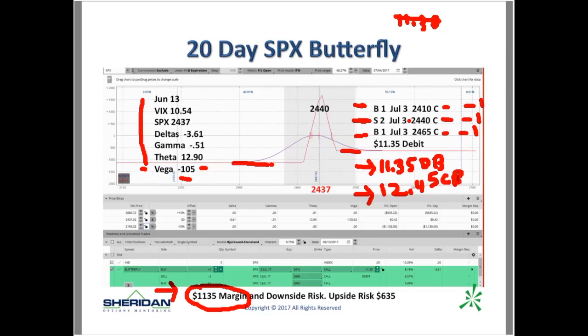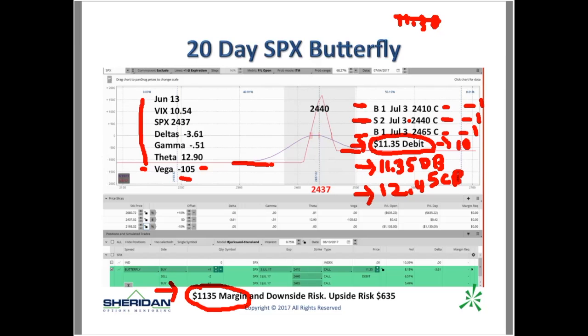Now, again, I'm not getting into everything, but let's say I didn't want to lose much more than 10%. At what point would I start? If I'm paying $1,135 debit and I don't want to lose more than 10%, when this butterfly is trading at what price will I start getting nervous and want to get out? And I'm not even getting into adjustments. I don't want to lose more than 10%. When that butterfly gets to around, like Ned said,